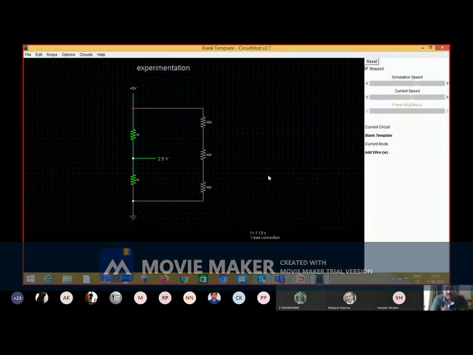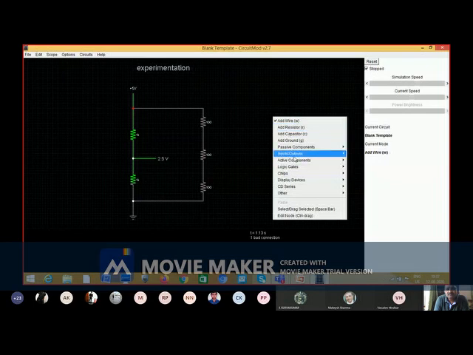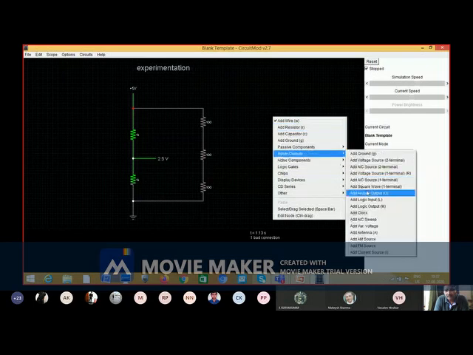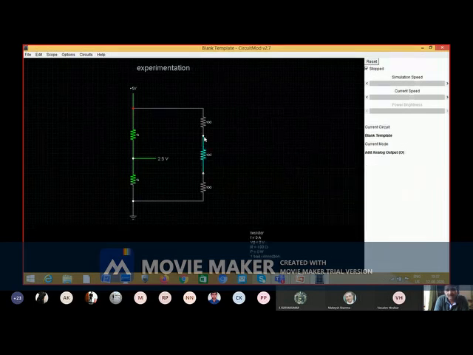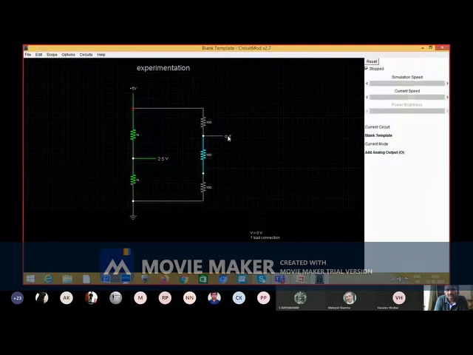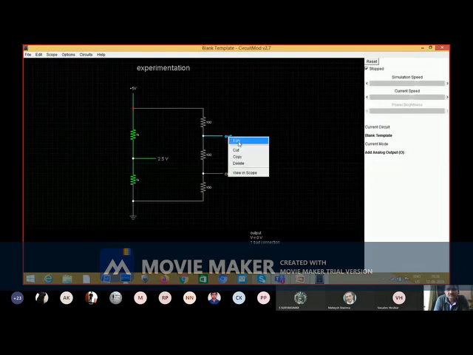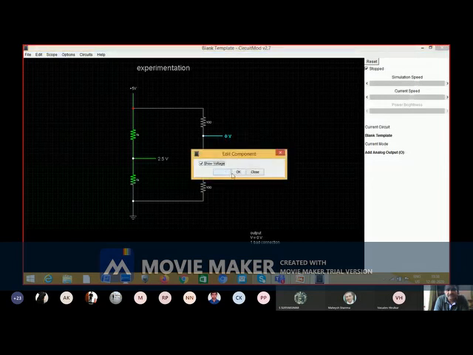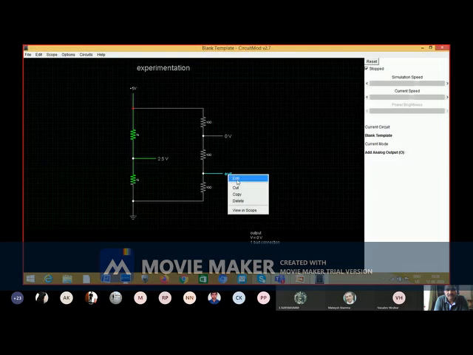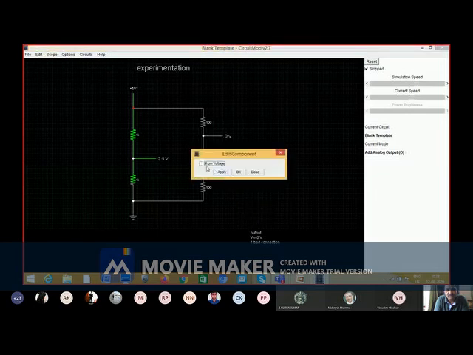Okay, then analog out here and here. I will select show voltage and here also show voltage.